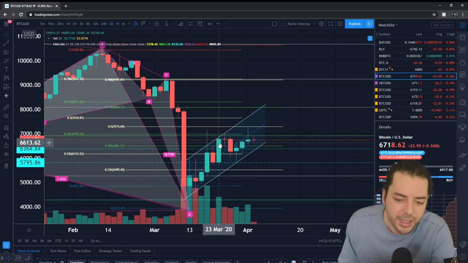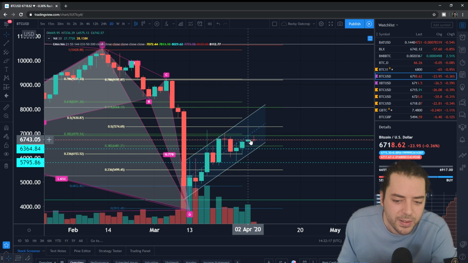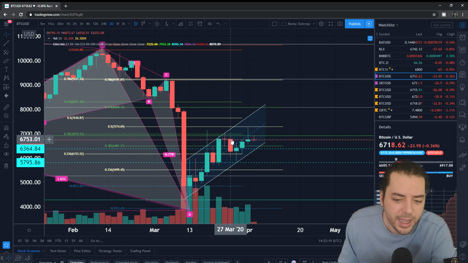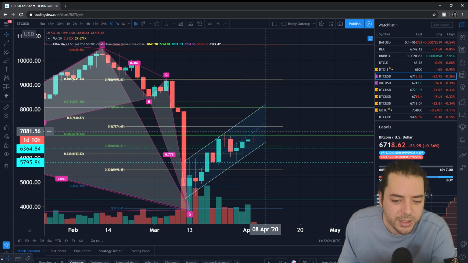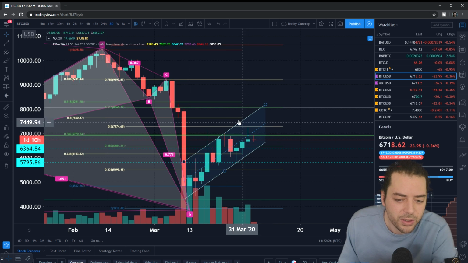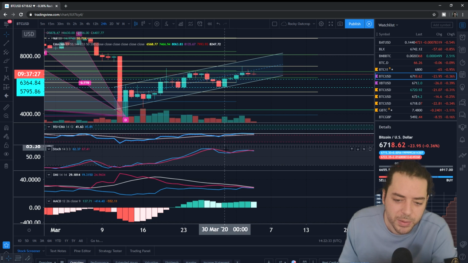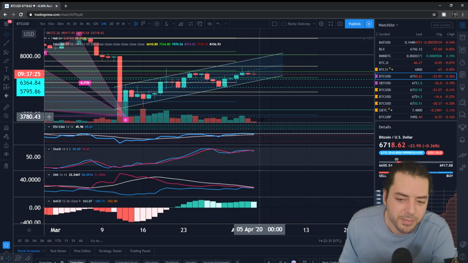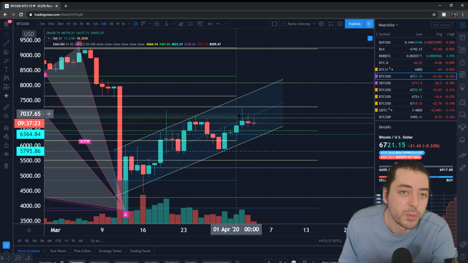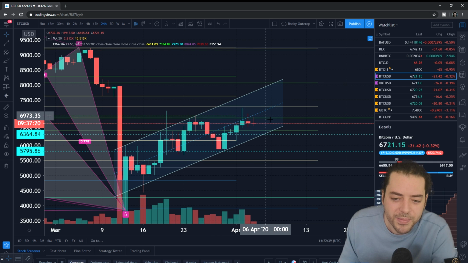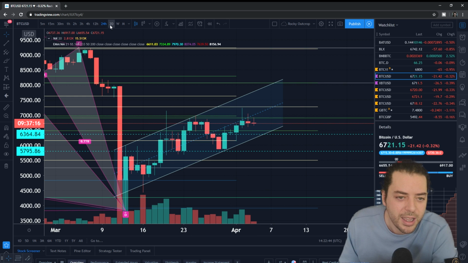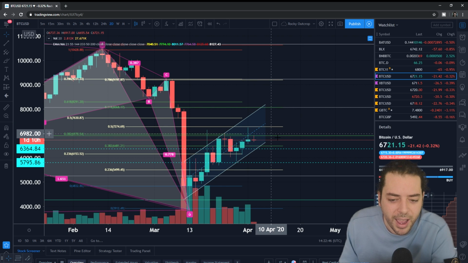Well, this is where things get a little bit more interesting yet again. You can see over here on the 2-day that we still haven't created a higher high yet. So the question becomes, if we go in and set a higher high on the 2-day, then on the 24-hour chart, that bullish or bearish divergence that we spoke about on the stochastics and the MACD would most likely be forgotten about, because of the push to come up above this area to create a higher high on the